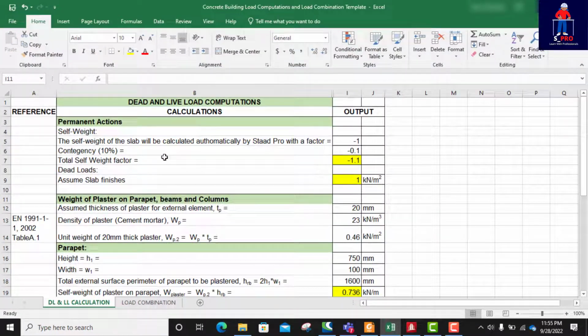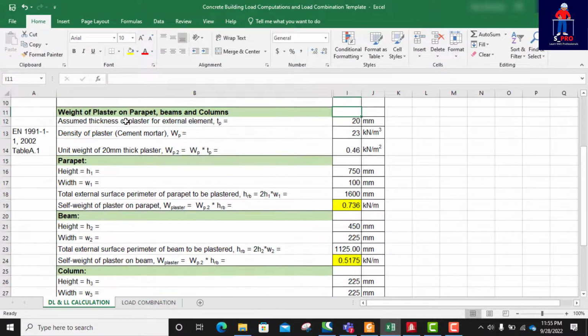Then the next one is weight of plaster on parapet, beams and columns. So we are going to calculate weight of plaster. Assuming the plaster thickness is 20 mm, you have to determine your plaster thickness. Which thickness are you proposing, 25 mm or 20 mm? If that is the case, you have density of plaster 23 kilonewton per meter cube as per this code,